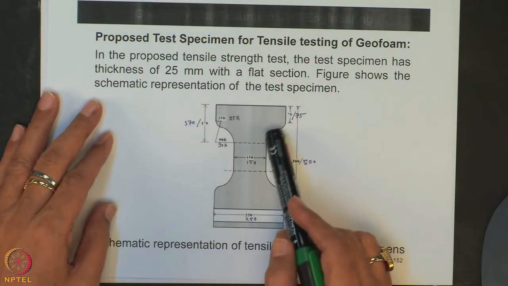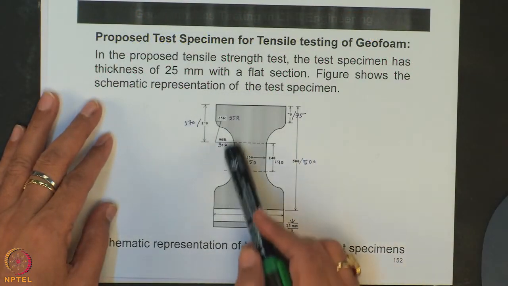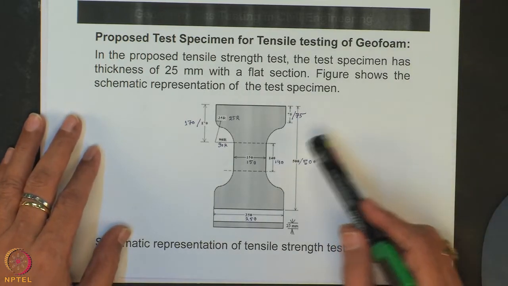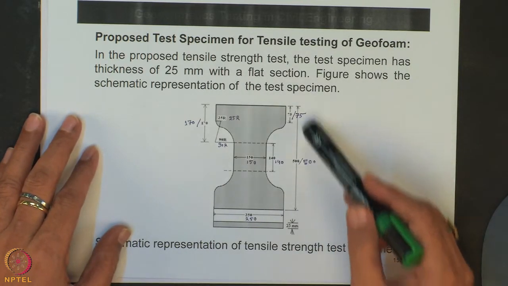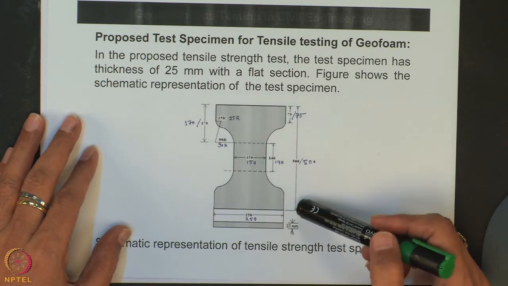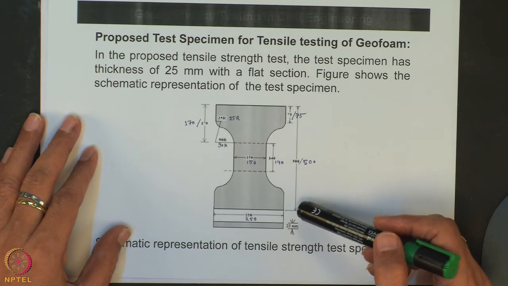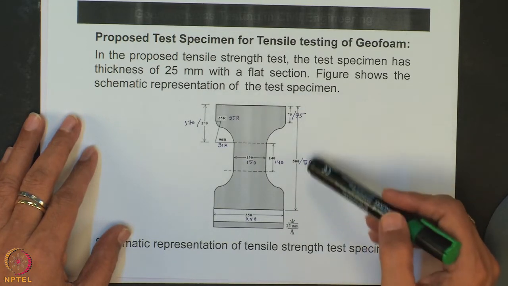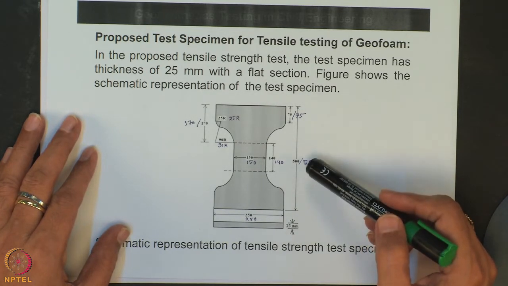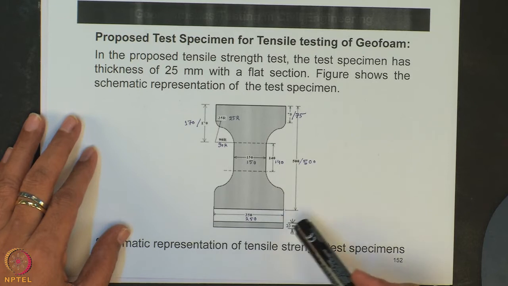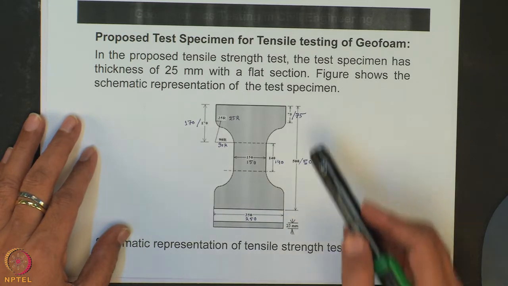The shape of the sample is like this, and the size of the sample is, from here to here, 500 millimeter, and from here to here, 250 millimeter, and this is 25 millimeter,